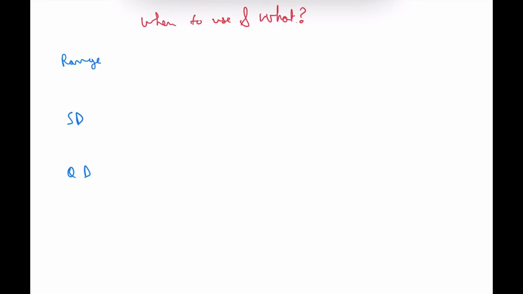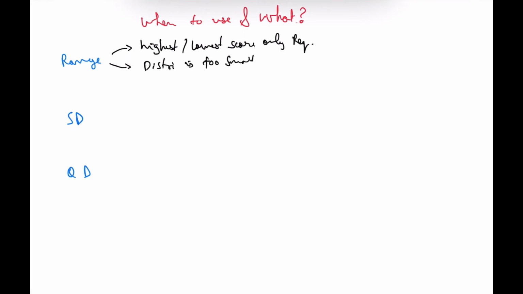So by now we have learned a lot about different variability techniques such as range, standard deviation, quartile deviation, but the question is when to use what. Suppose only the highest and lowest score is required, then we should go ahead with range. Also when the distribution is too small, and standard deviation should be used